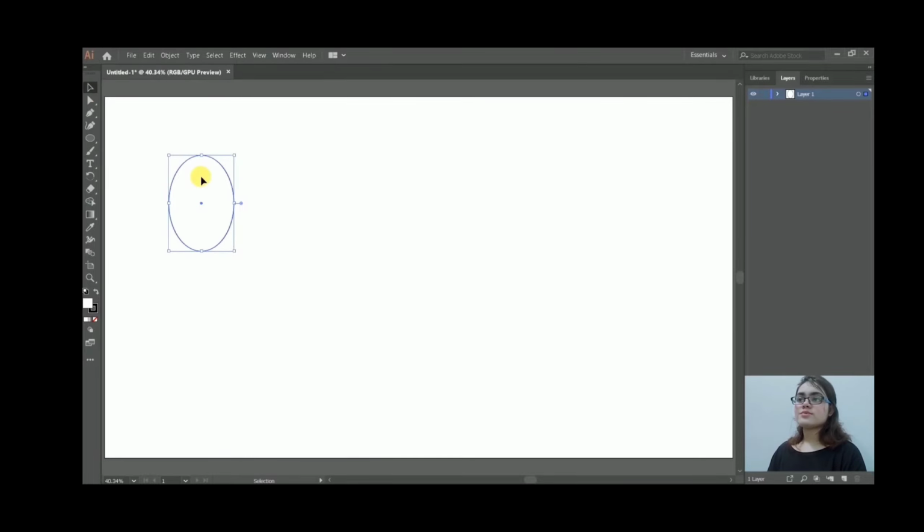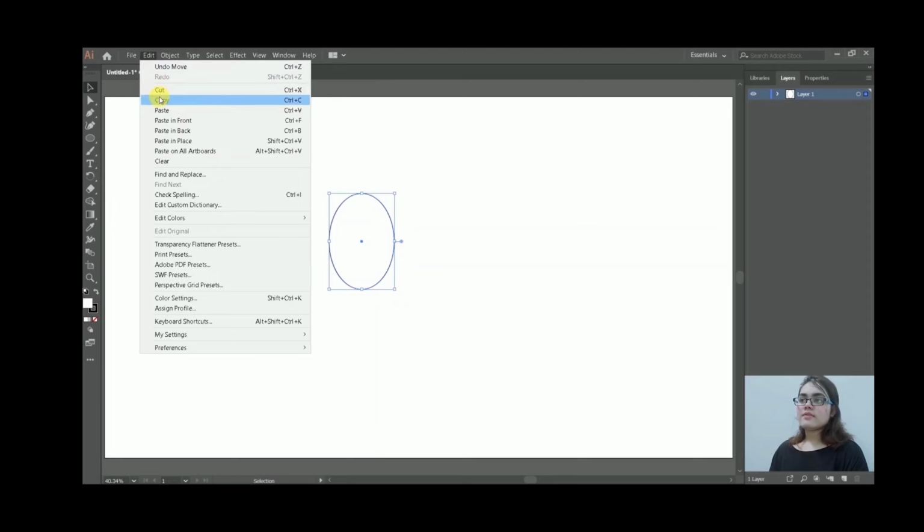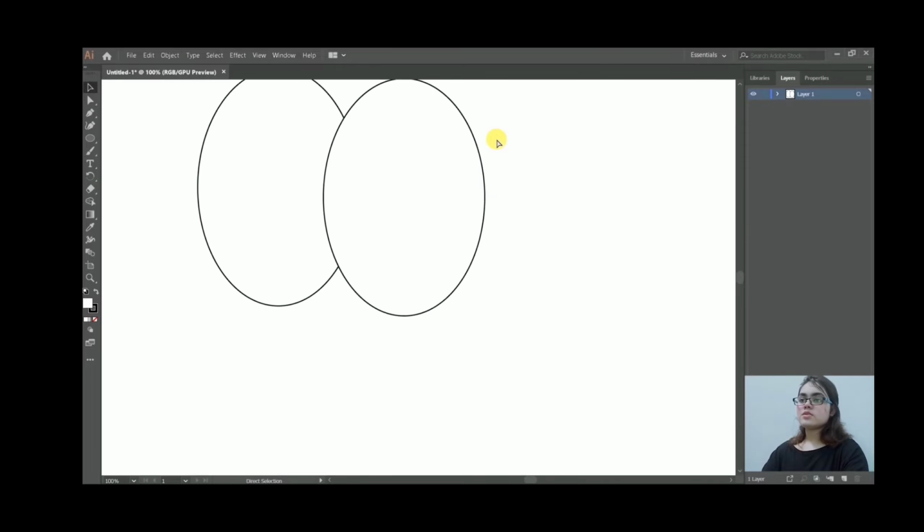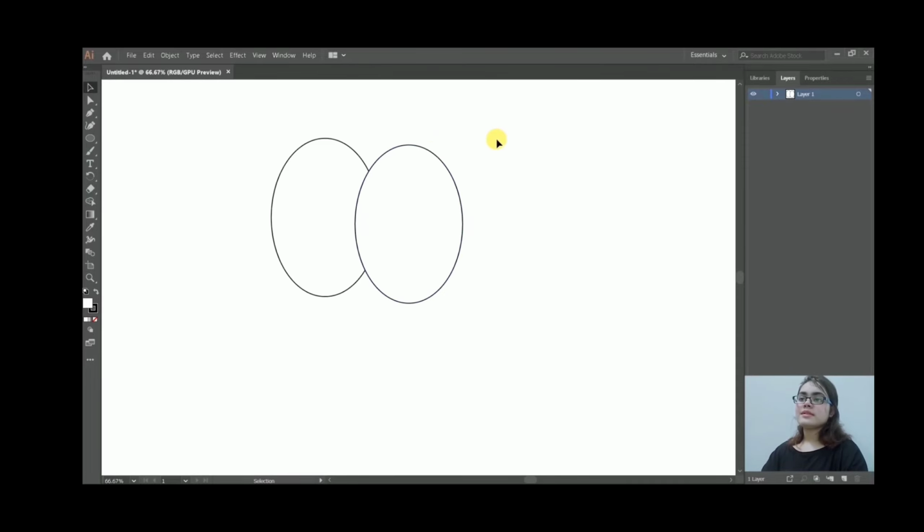And let's see what else we can do. If you want to copy this shape, you need to go to Edit and then Copy, and then go to Edit again and then Paste it. You'll get an exact copy here. Now if I zoom in and see the alignment, it might be wrong, but in Illustrator we have a facility